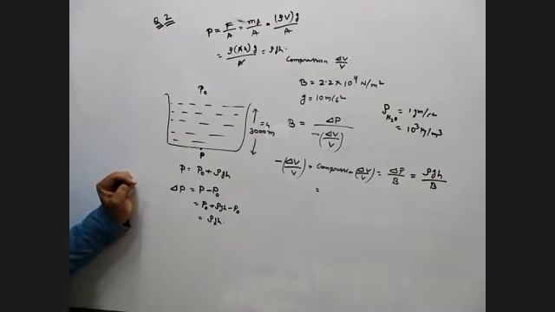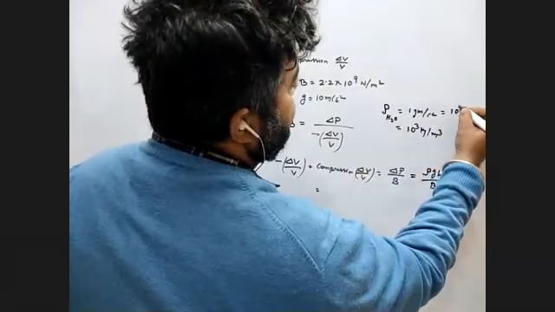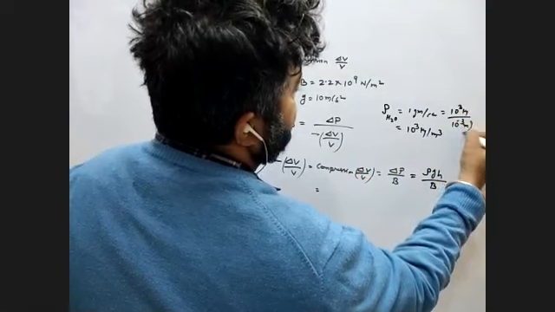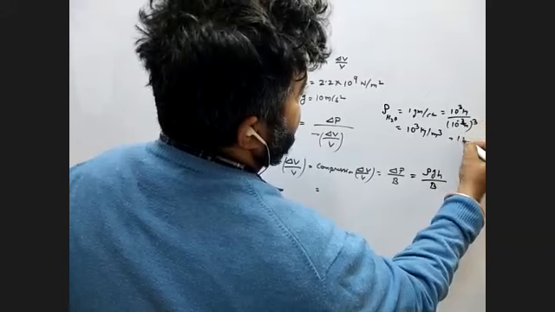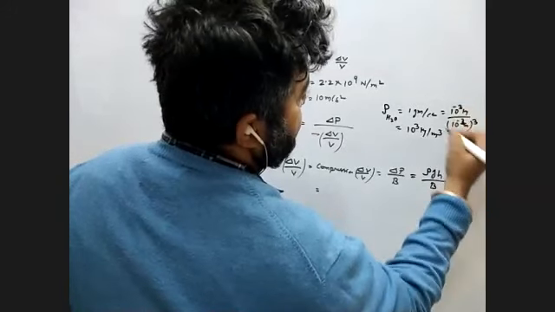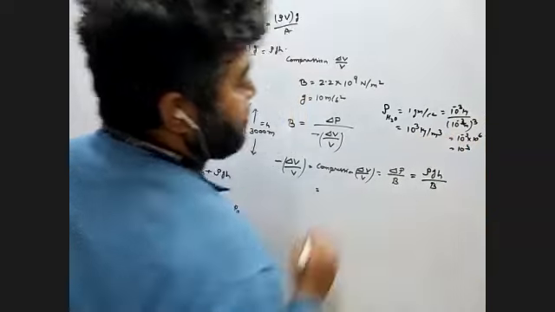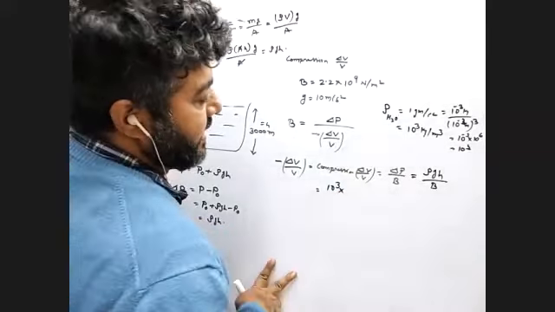Everyone, you know? See, it's very simple. 10 to the power minus 3 kg and centimeter cube means 10 to the power minus 2 meter cube. So that is 10 to the power minus 3 into 10 to the power 6, that is 10 to the power 3. So 10 to the power 3 is the density of water in SI unit.